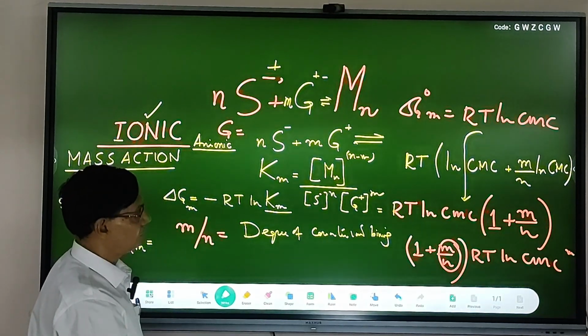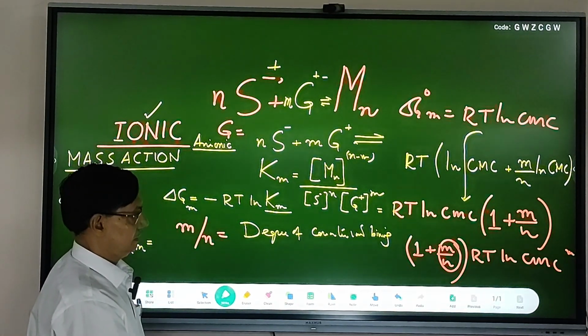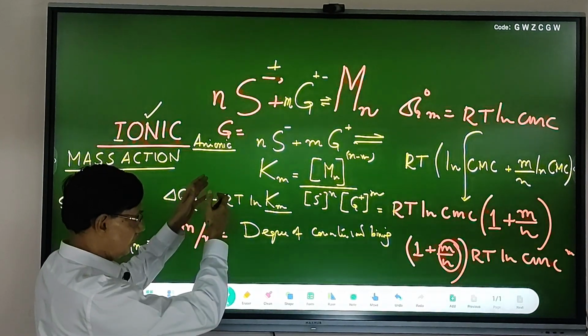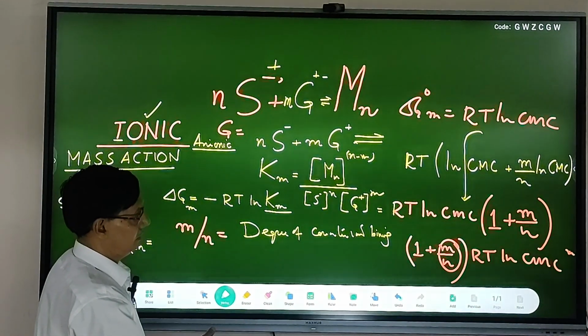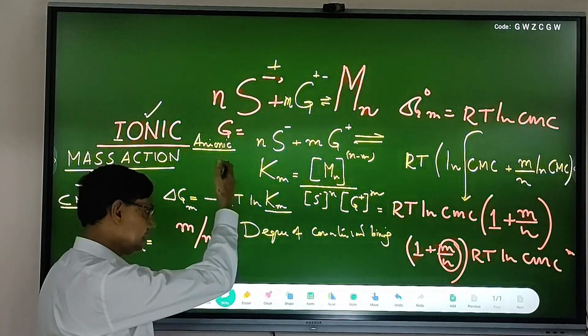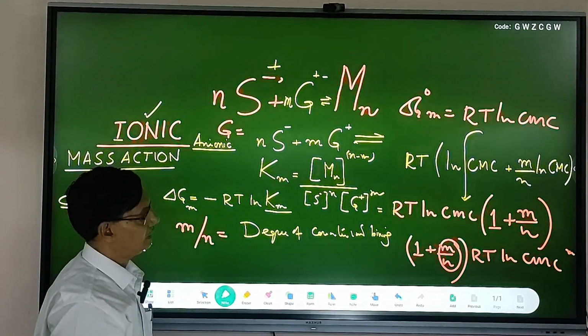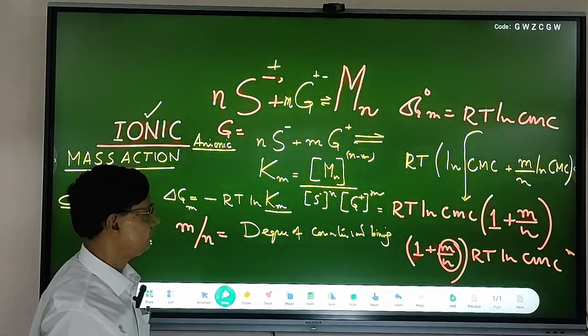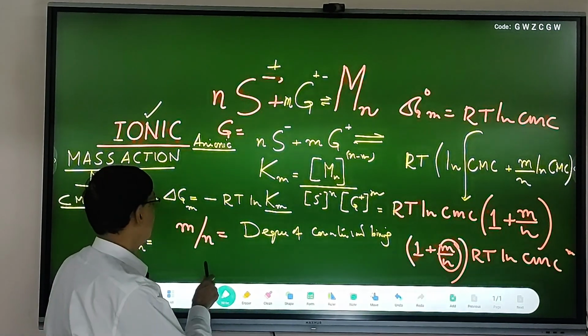One can determine the degree of counter ion binding by taking a plot of log CMC with respect to the counter ion concentration, that is, the concentration of surfactant with the concentration of the counter ion, log CMC and the concentration of counter ion. And in most of the cases,